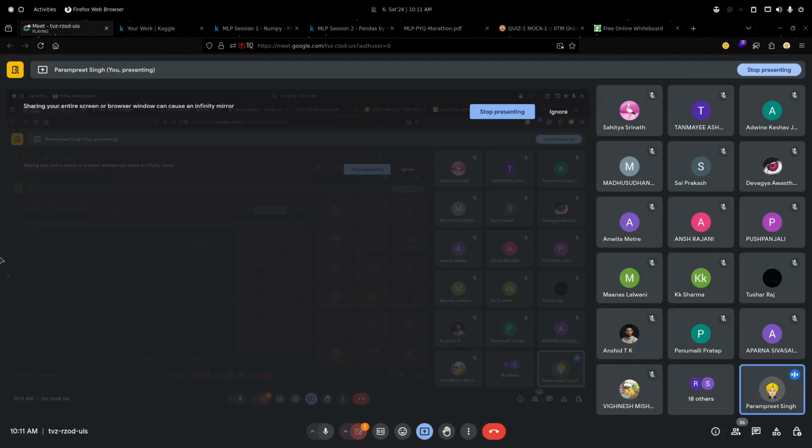Okay, so we have these two statements. To apply various scikit-learn methods in series on a column, we should use pipeline. To apply various scikit-learn methods on various columns in parallel, we should use column transformer. So you guys tell me which is the correct one. Is the first statement correct?